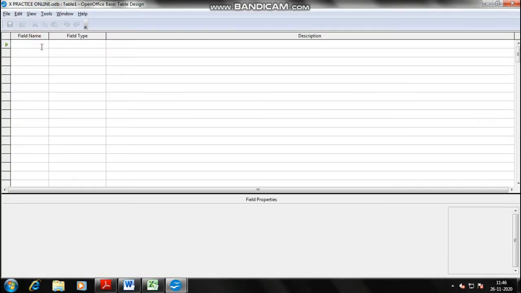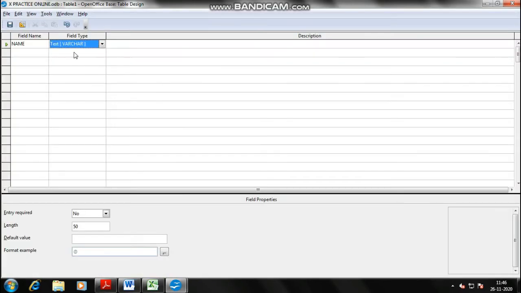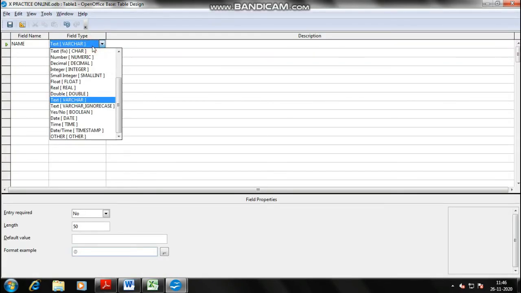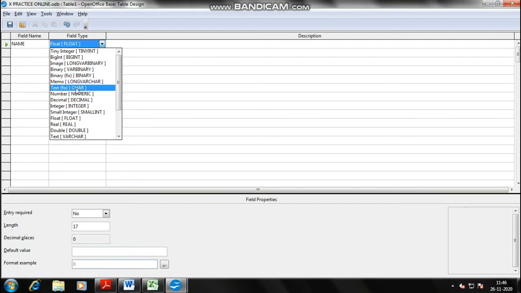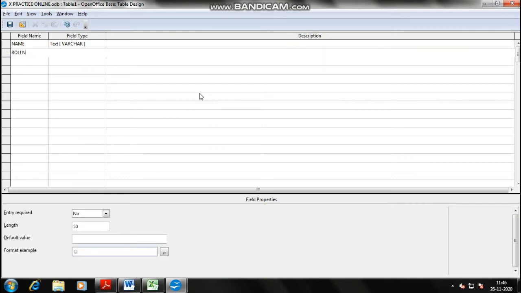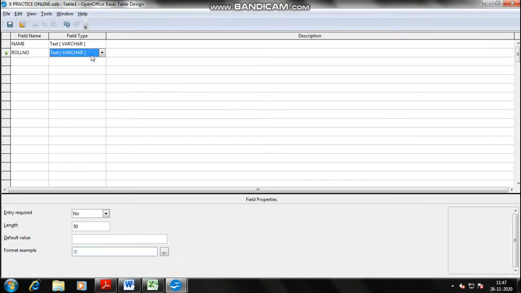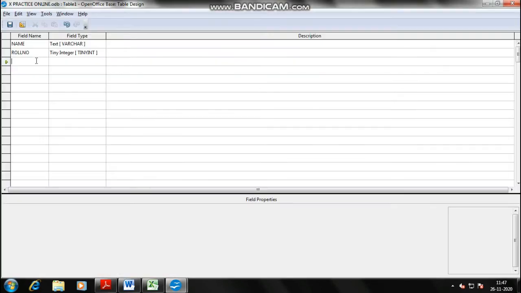Field name will be name, and this is a varchar. Name can be character also, variable character also, that is your choice. Okay, next is roll number. Roll number they have written as tiny integer, we can also write it as tiny integer. Next is date of birth.